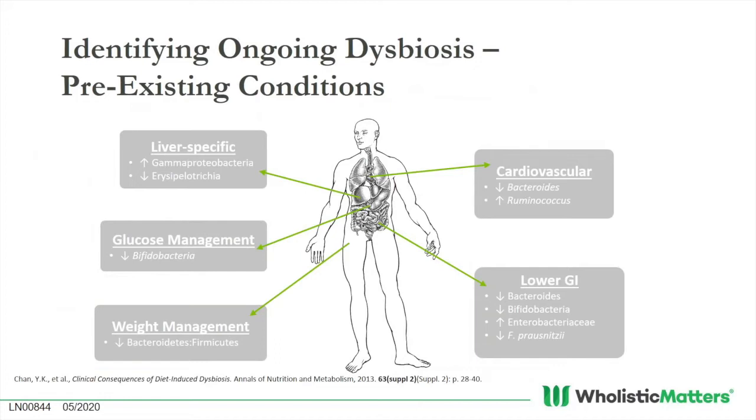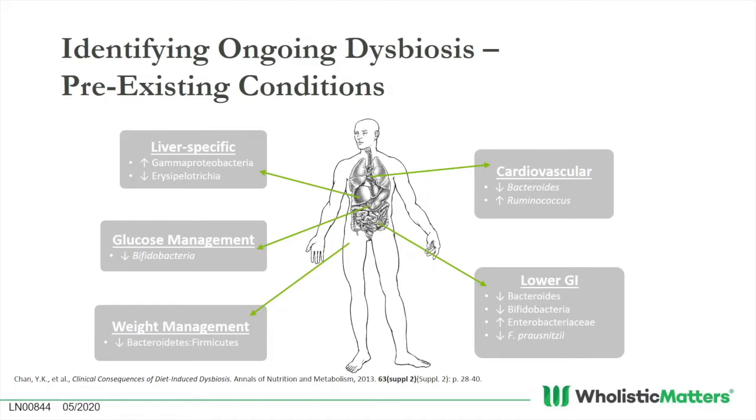Additionally, condition-specific effects can be really associated to a particular microbiome. And this occurs in conditions that are not only just GI conditions. You're starting to see them occur in cardiovascular ones, where there can be particular microbial profiles associated, as well as liver-specific conditions. Glucose management, so something like where individuals are struggling with overall insulin and glucose response, you can see in association to something like a reduced level of bifidobacterium.